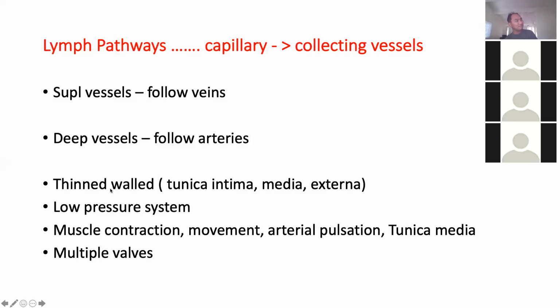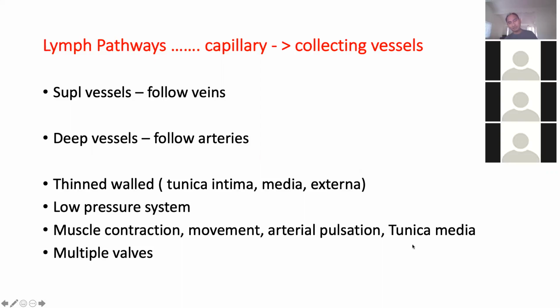And like the venous system, they also have multiple valves, so that it becomes one way. When it goes up, it just stays there. And the nearby arterial pulsation, boom, boom, boom, will push the lymph in the lymphatic vessels up against gravity